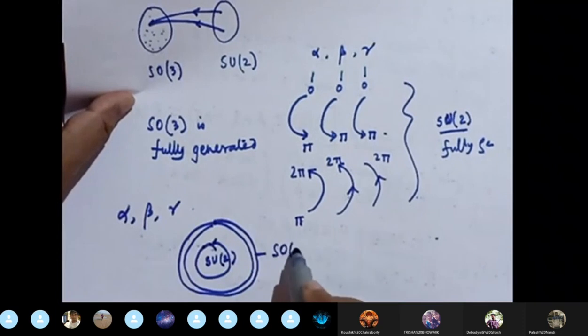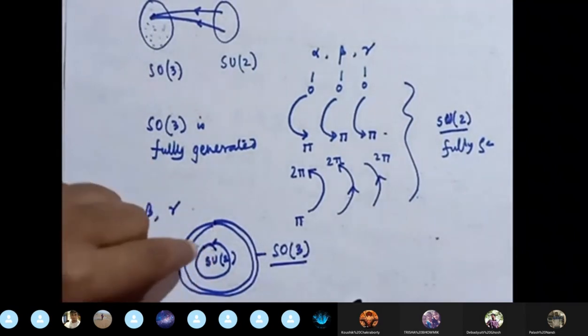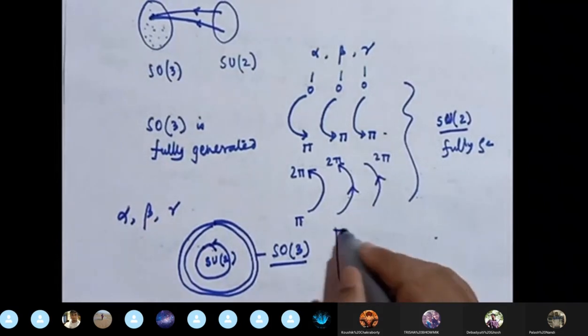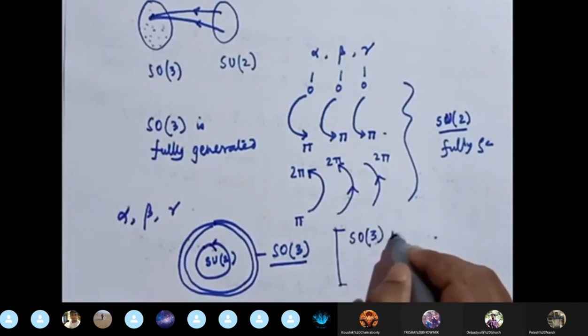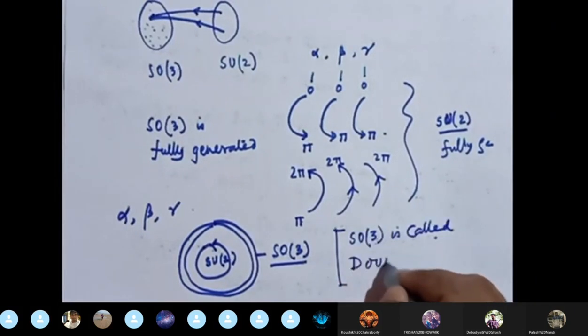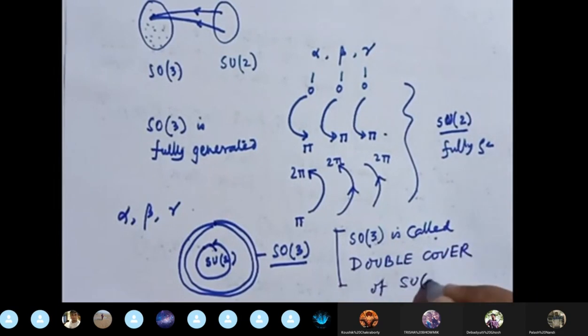Is it clear? Every element of SO3 corresponds to two elements of SU2. This is another way of seeing it. For this reason SO3 is called the double cover of SU2,